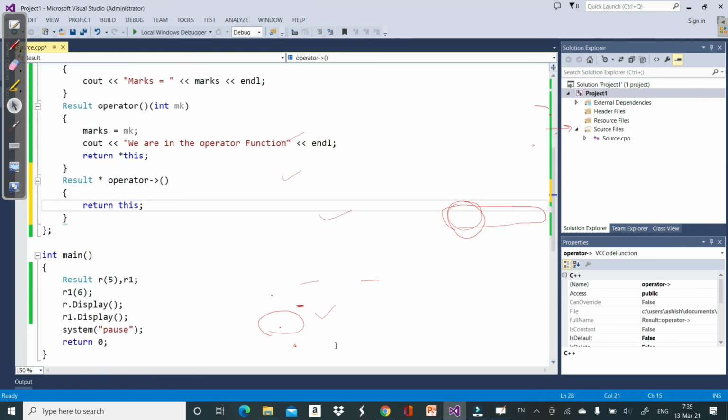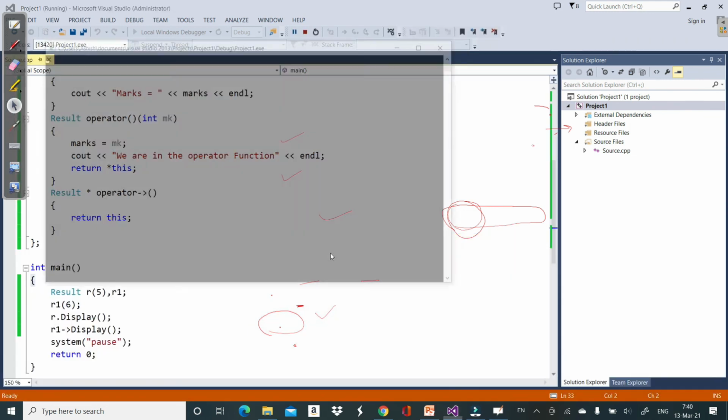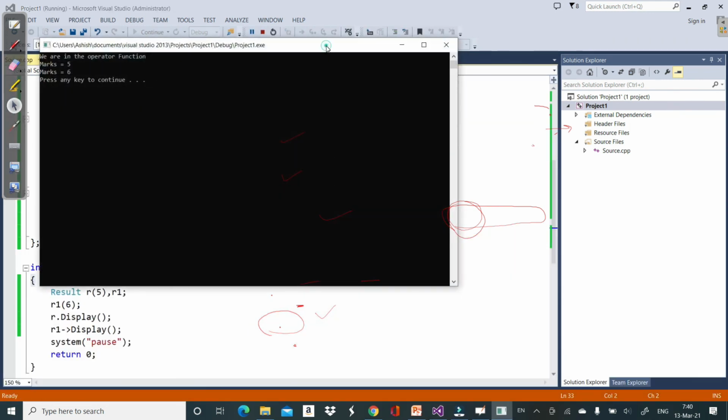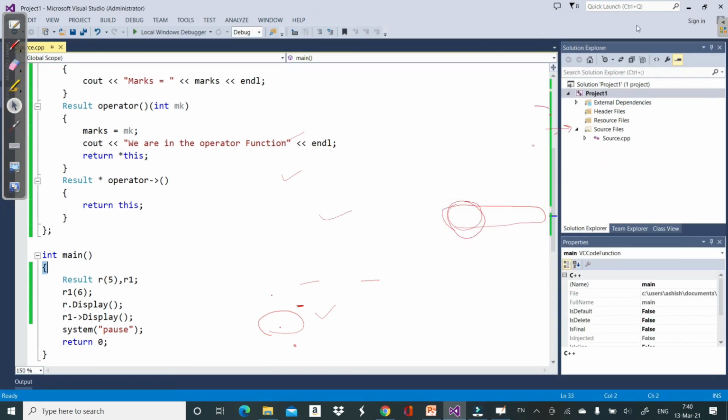So now here in place of r dot display, let's say this is a pointer here, and this is an object here, r1, so in place of dot we can write arrow also. Now let's run this. See, it is calling the display function. So this is how to overload the function call operator and how to overload the member access operator.